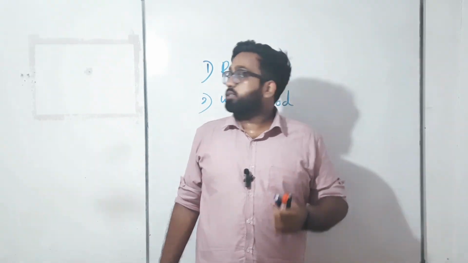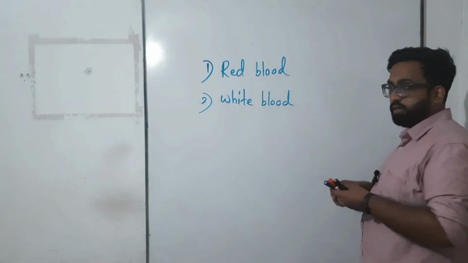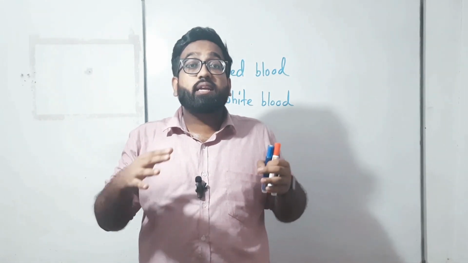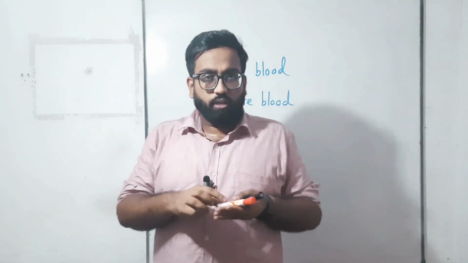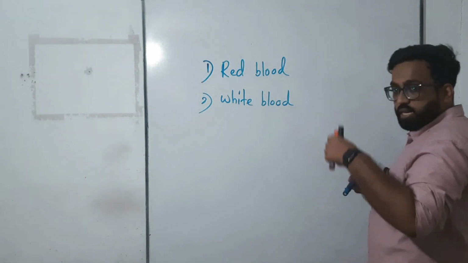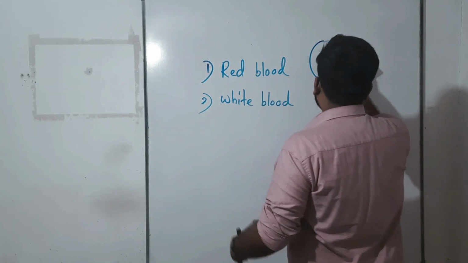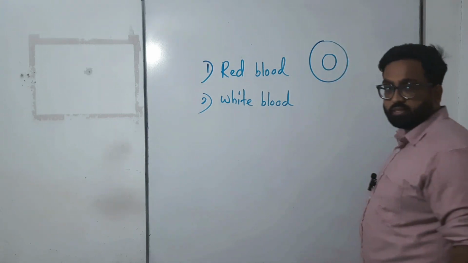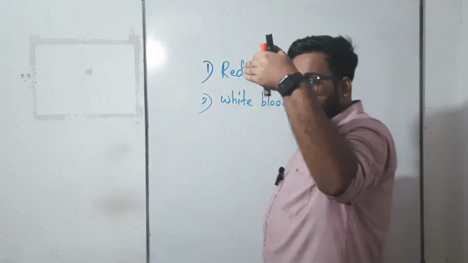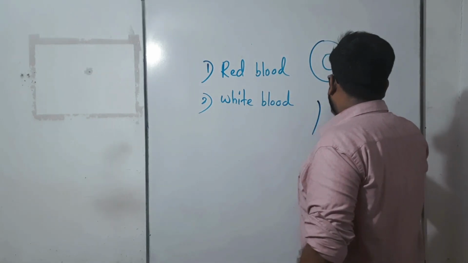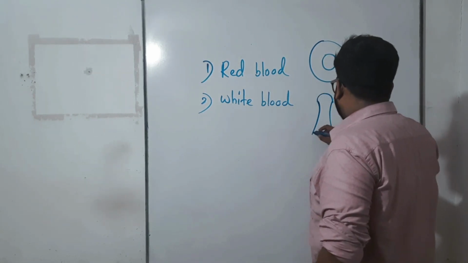If you consider red blood cells here, red blood cells are known as the most abundant blood cell type in our body. Children, do you know, if I consider the red blood cell, the outer section of the red blood cell is like this. And if I consider the cross section of the red blood cell, it is something like this. It has a biconcave shape